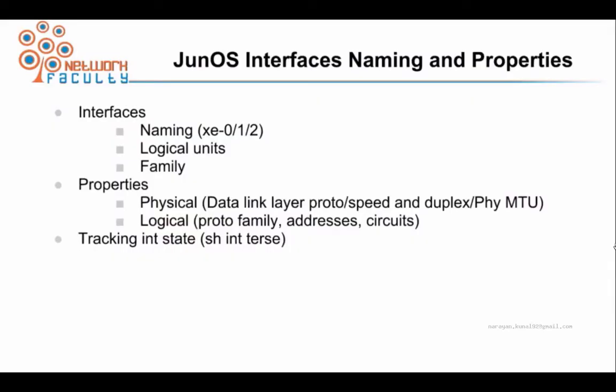Hi, in this video we're going to be talking about how Juniper names its interfaces and some of the properties and how we track the state of an interface. So let's begin with the naming. For example, I have this naming example